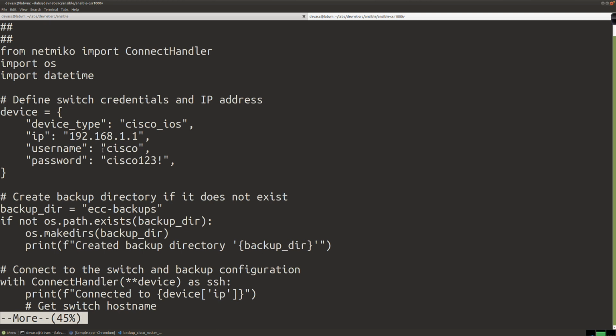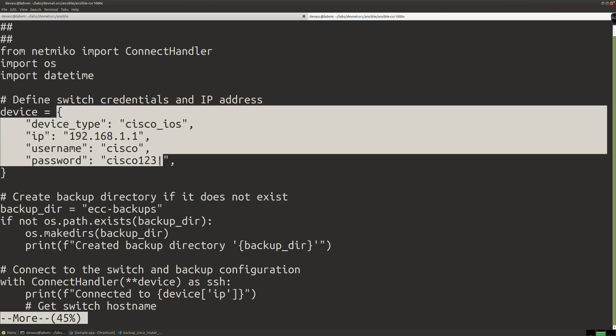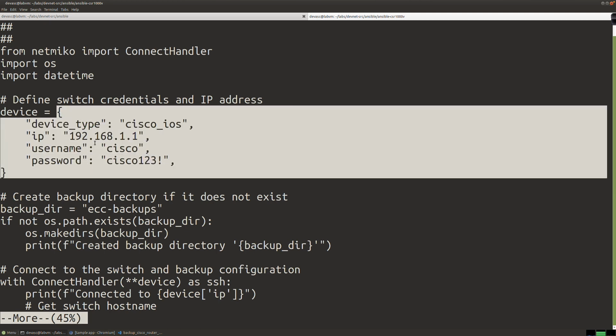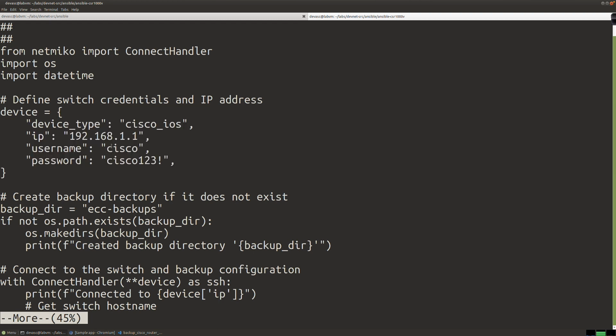Could we do a list and in the list put each dictionary as its own device with its own values, and then do a for loop to iterate over each of the elements in the list? Maybe I should do that because I've got a couple other Cisco devices here. I could do that as an example to show you how we would wrap all of this into a for loop, and it would go out and grab the configurations off of multiple devices. All right, maybe for another time. But anyway,